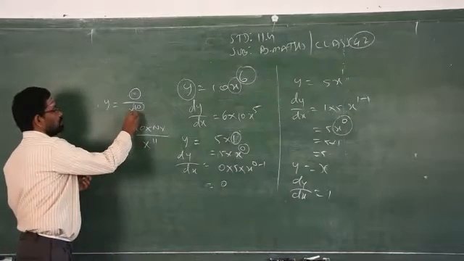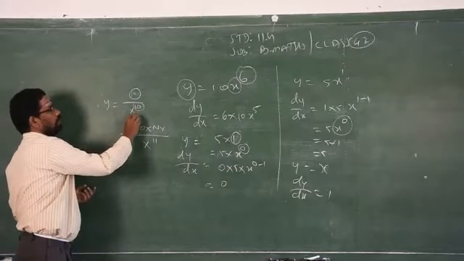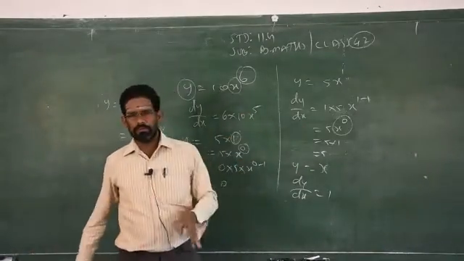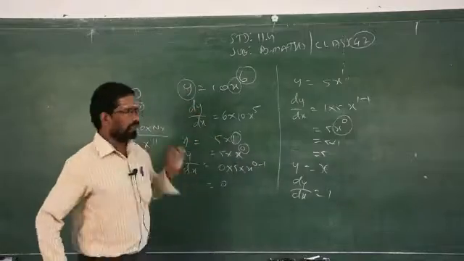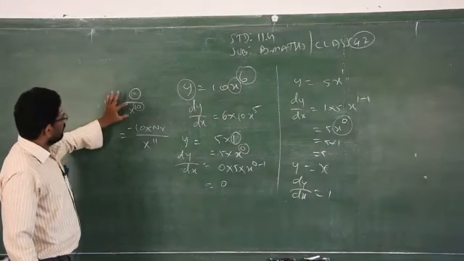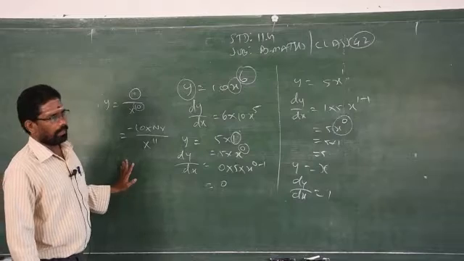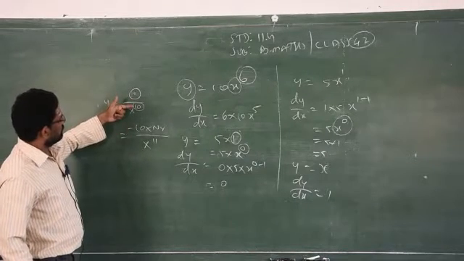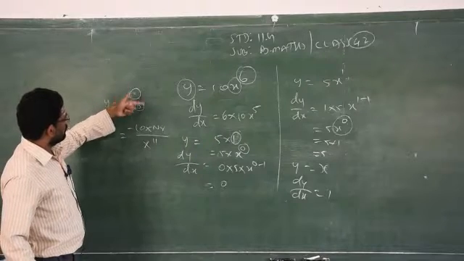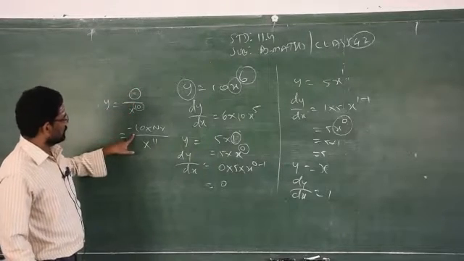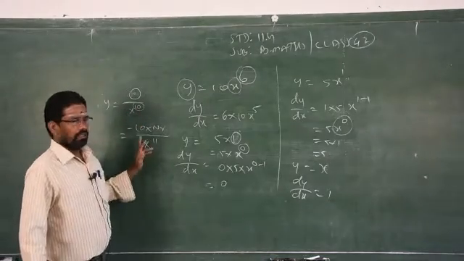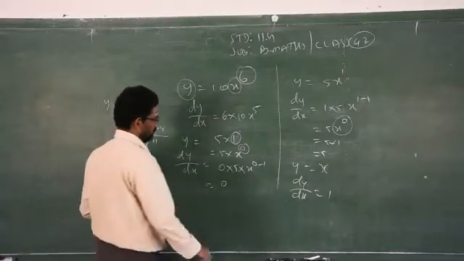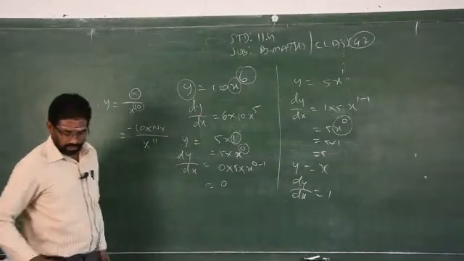Don't think that x has only natural numbers in the denominator. It may be as usual a constant, decimal, fraction, whatever it is given. Once the variable is in the denominator, please follow this method. Clear? This is a very simple method. Just multiply the power of the x in the denominator with the numerator, then change the sign of the function, then add 1 to the power. Instead of 10, you may have a decimal number, fractional number or constant. Doesn't matter. So this is the basic concept.